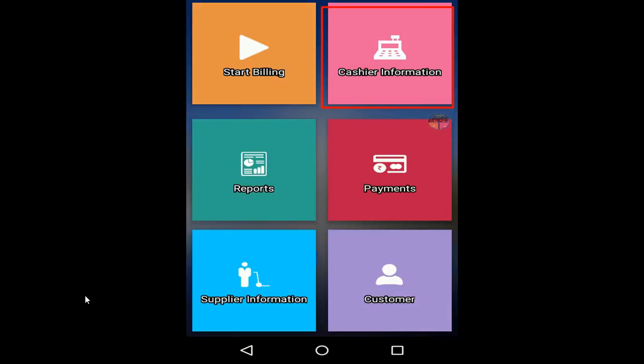Once you click on billing, you can see numerous options: start billing, cashier information, reports, payments, supply information and customer. So this is the part of our billing section. Now our first step is to